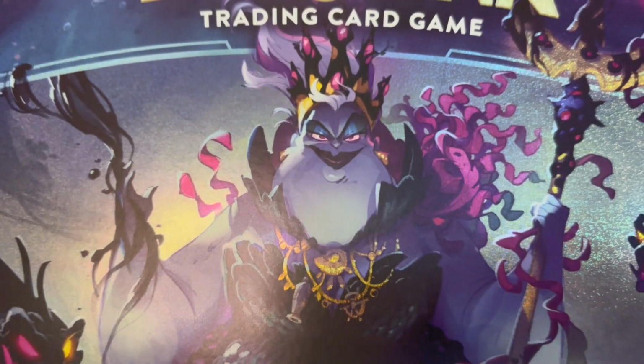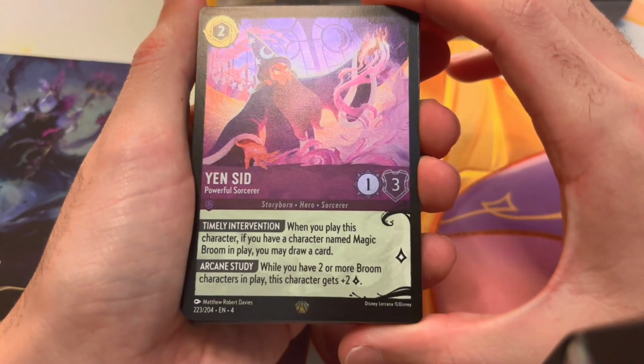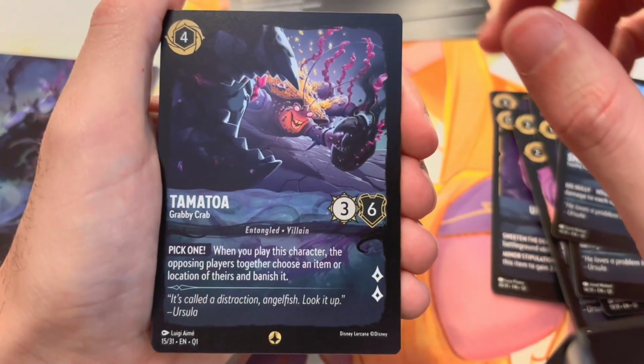I'm going to show you detailed looks at every single card, as there are 3 different decks that come inside this package. 2 pre-built decks that you can use to play against Ursula with a friend, as well as a deck that Ursula uses against you. Now, Ursula's deck is very interesting because all of the cards in her deck are unique to her deck, meaning you cannot pull them out of packs. They have brand new art, brand new designs, and brand new abilities that are unique within Lorcana, the trading card